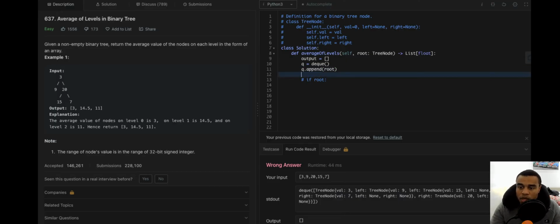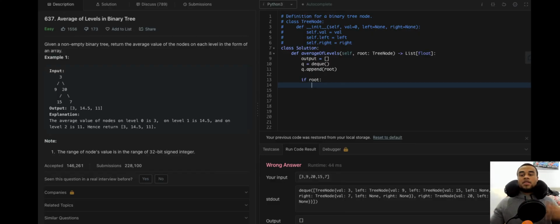Cool. So basically, if the root is valid, then we essentially want to add the, all right, hang on, let me think. If we're at the root, we're at 3, we want to add 9 and 20, right? So we want to say if root, cool, but also, we want to add the left and the right.